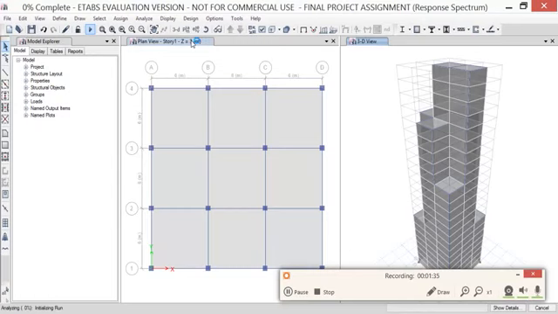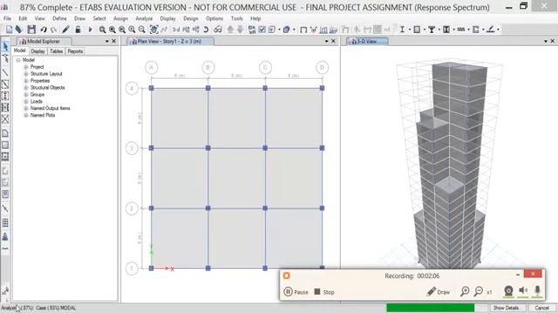After the analysis, we carry out the design of the same for verifying whether all the members are passing the design check or not. Further, if any member is not passing the design check, we change the property of the member using the auto select option and once again run the design analysis for the same, after which the members are likely to pass the design check.